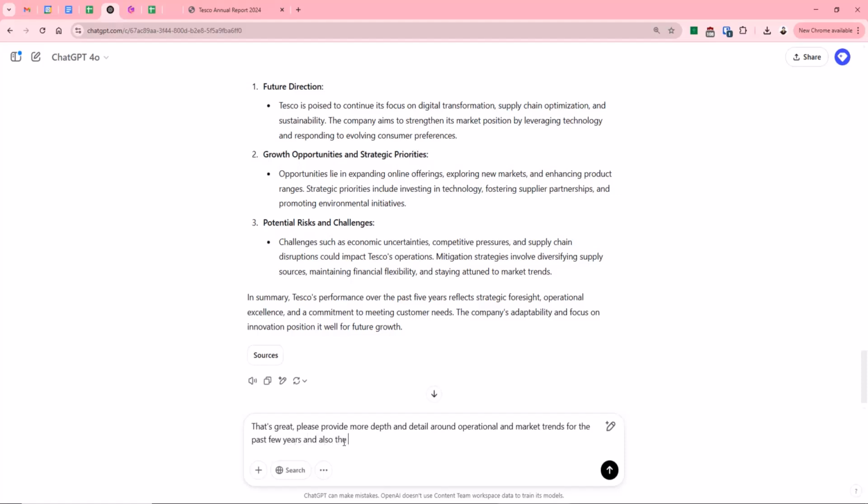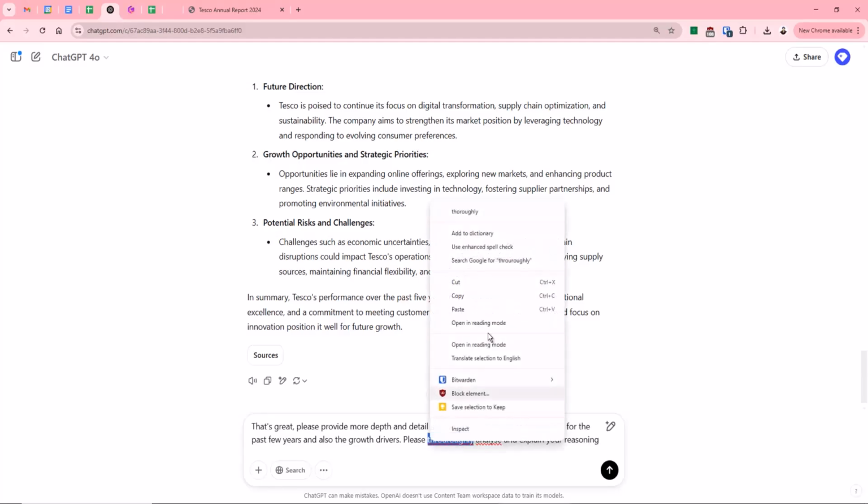And also the growth drivers. Please thoroughly explain your reasoning.